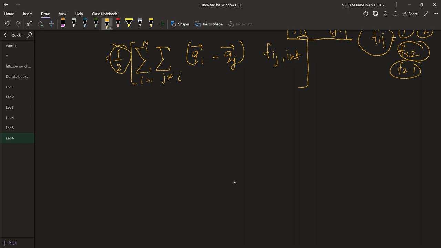So this Qi minus Qj, Qij, is basically the distance between these particles. If you have two particles, and let's say this is any arbitrary coordinate system, you have this as Qi vector, and the position of this particle is Qj vector. So if you use the triangular method for vector addition, or the parallelogram method for vector addition, you'll get that this is the distance Qij between the i and j particle.